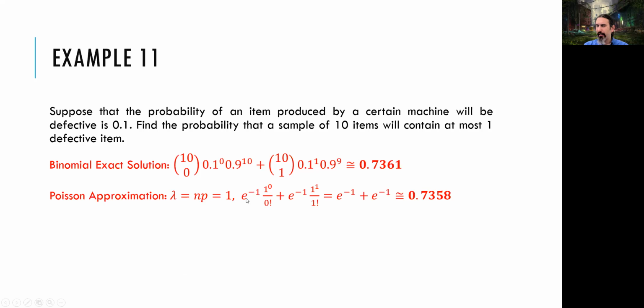As you can see, lambda is equal to 1. So it is e to the power of minus 1, and 1 to the power of 0 and 0 factorial. This part is 1 anyway, this part is 1 anyway, so e to the power of minus 1 and e to the power of minus 1, they are summed together, 2 times e to the power of minus 1, which is going to give us 0.7358, which is very close to the exact solution. It's almost the same. So as long as it's not an extremely important and extremely sensitive calculation, this approximation gives us a good approximation. Now, this approximation method gives a good solution. That's really close to the exact solution.